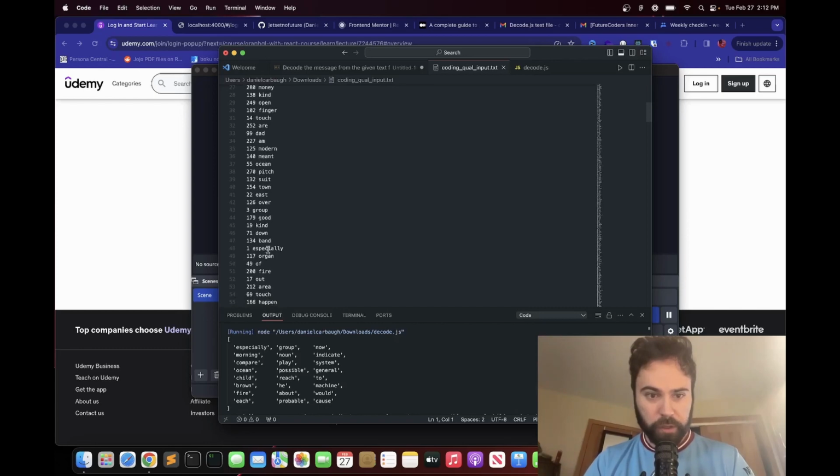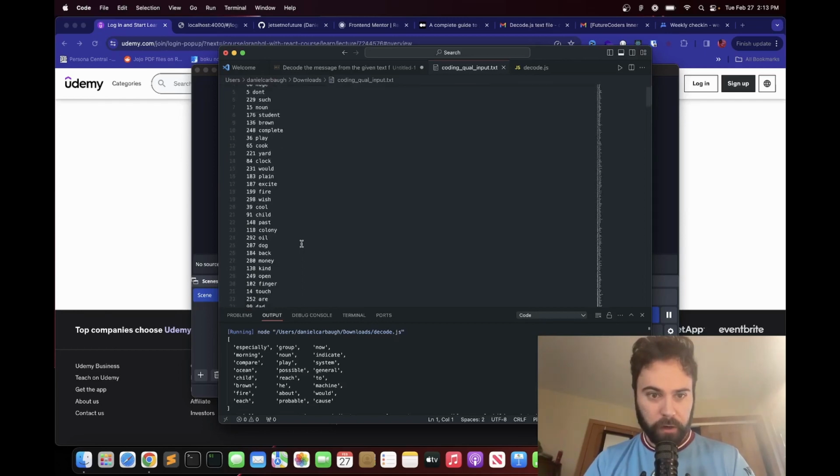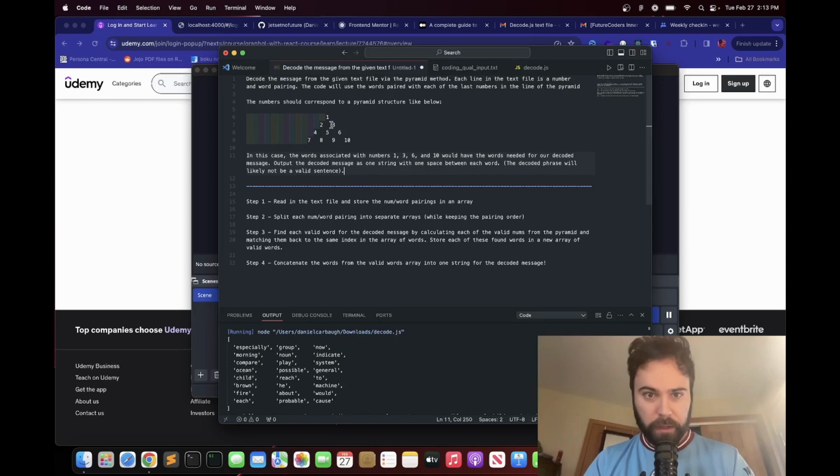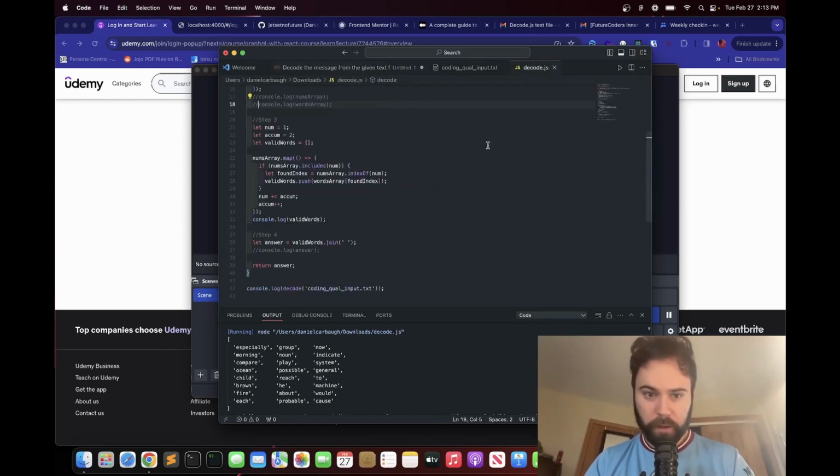So here especially is 1. I think I saw 3 earlier. I could do a find, but basically all these should match up to the numbers you're supposed to use here: 1, 3, 6, 10, 15, 21, 28, 37, and so on and so forth. So we have our